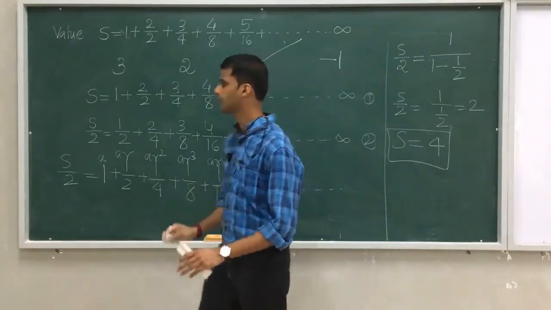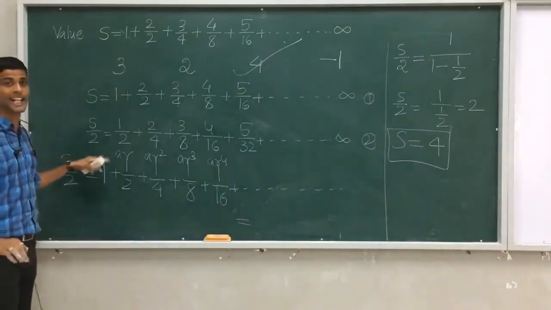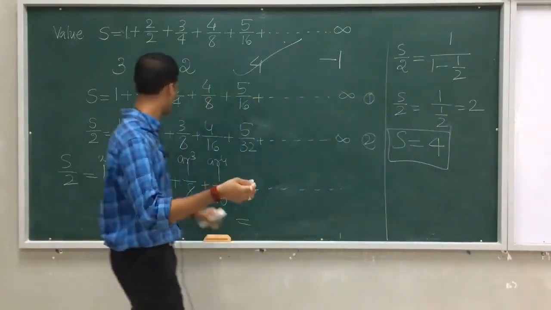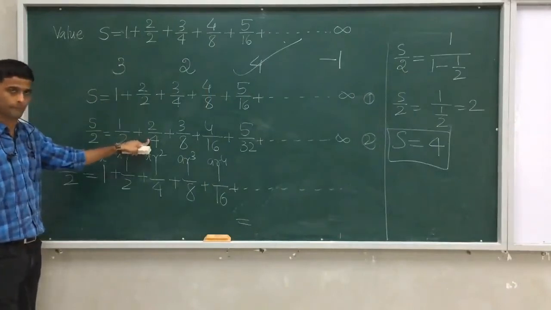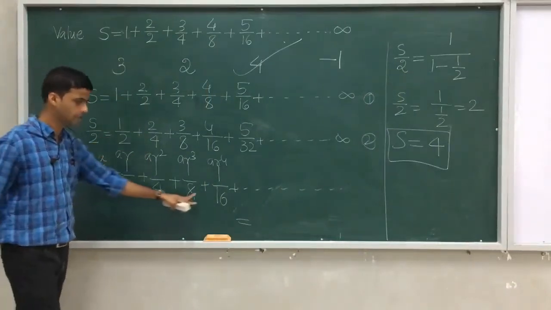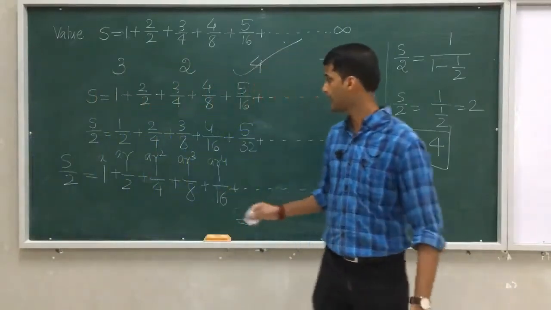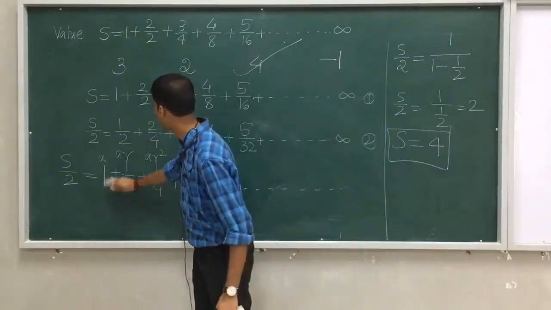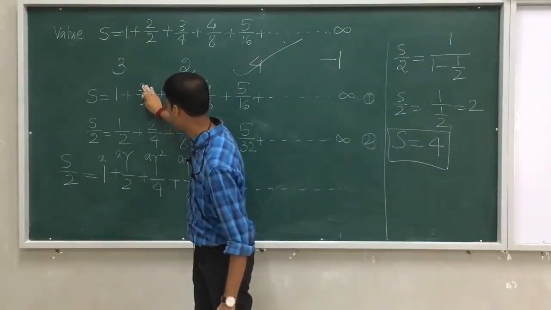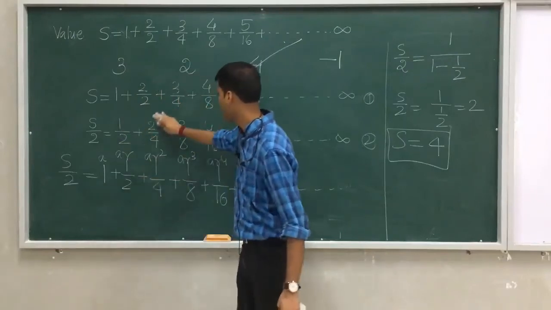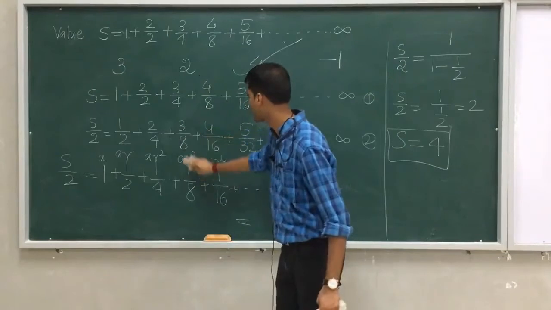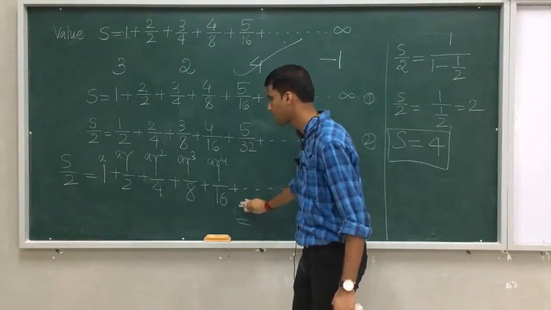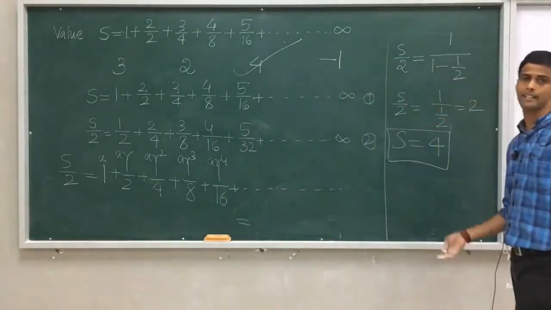So just think, what if I do not divide by 2, are there any alternate methods? Is there any different way I can solve this problem? You just think. And you think like this also. What if I separate this with this? Exactly. You will get a series, no problem. But again, it is difficult to find its pattern. But look at here. If I keep it as it is, and keep on subtracting, 2 minus 1 is 1 by 2, 3 minus 2 is 1 by 4, 4 minus 3, 1 by 8, 5 minus 4, 1 by 16, 6 minus 5, 1 by 32. So that I can easily predict the pattern.